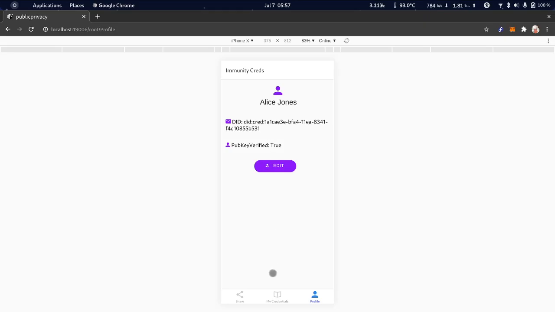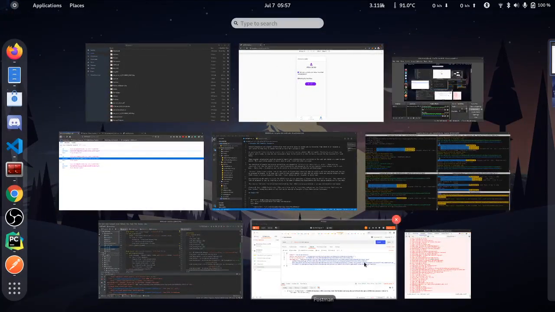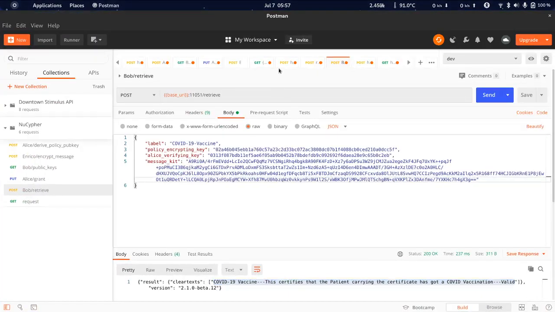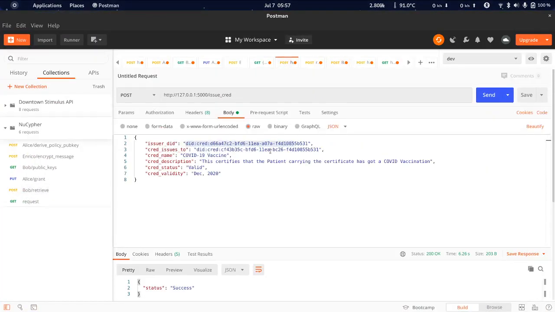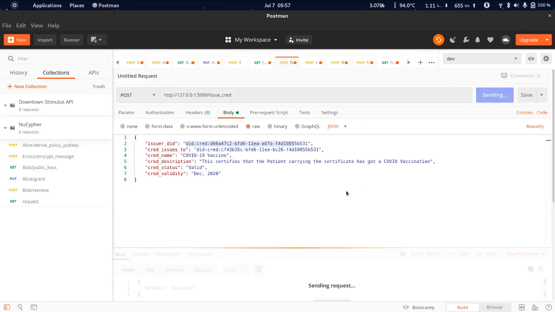This is where Nucypher comes in, whenever, let's say, a medical institution wants to issue a certificate to Alice in the name of a COVID-19 vaccine. So they want to certify that Alice has got a COVID vaccination. So they'll issue a certificate,